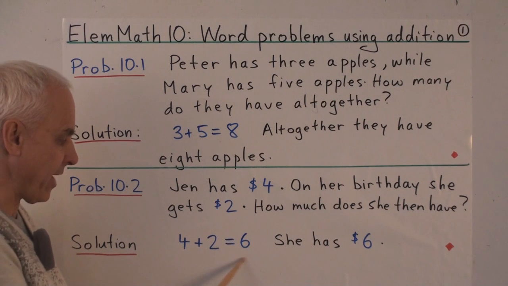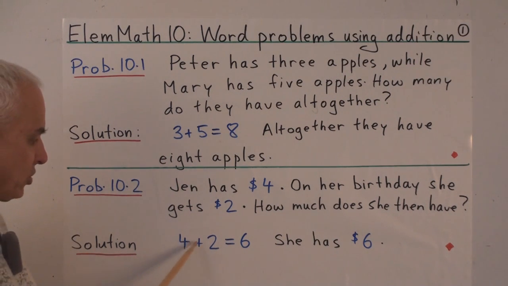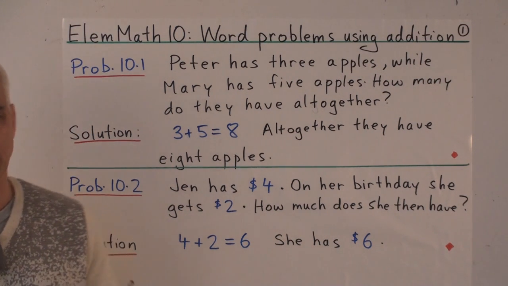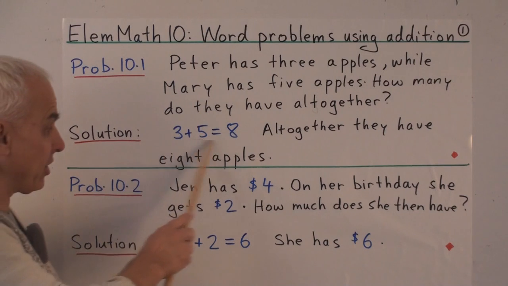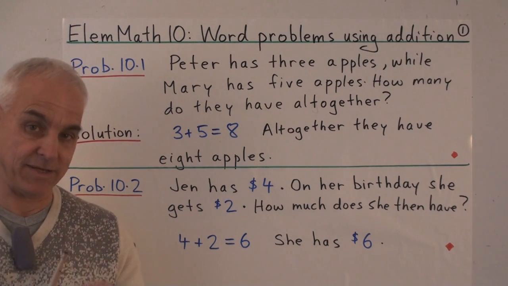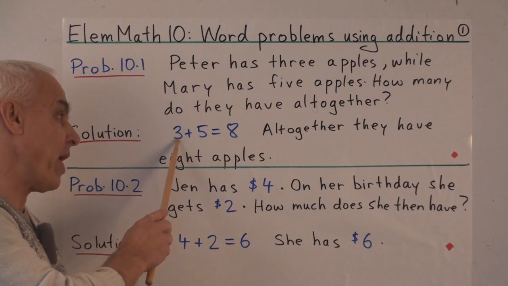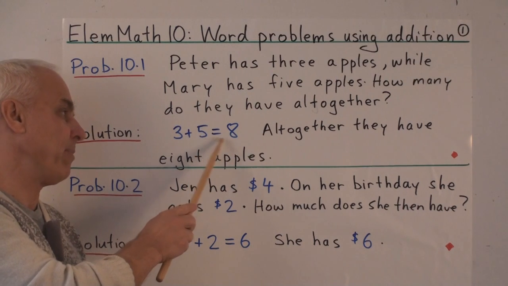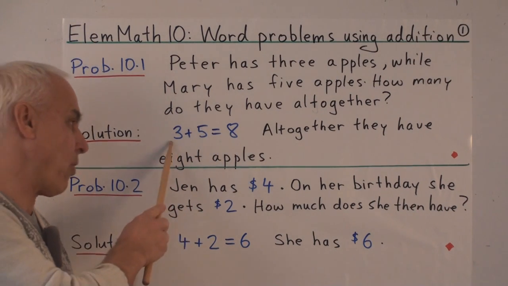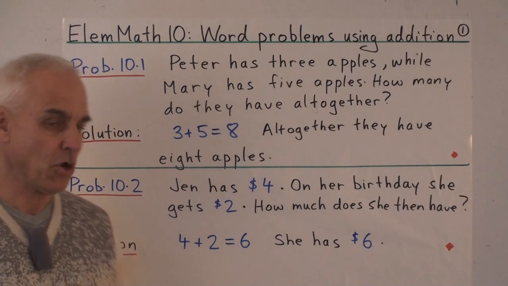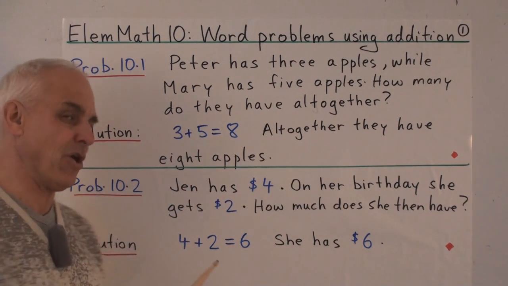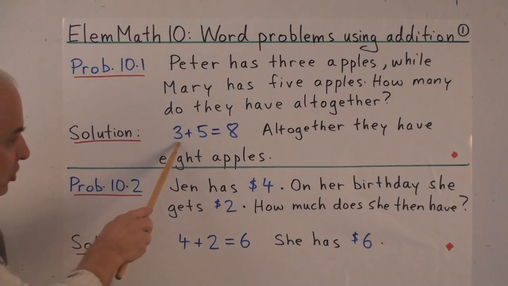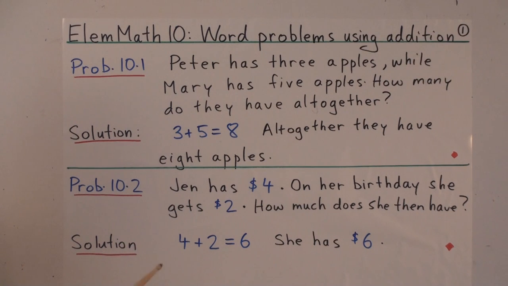Notice that the equation that we write down doesn't have dollar signs in it. It's purely an equation involving numbers only. In the same way that this equation doesn't have any apples in it explicitly. It's only an equation having to do with numbers. Whether this is 3 apples plus 5 apples equals 8 apples, or whether it's 3 oranges plus 5 oranges equals 8 oranges, or whether it's $3 plus $5 equals $8, arithmetically those 3 things are all the same, captured by this single equation, which doesn't have any units in it.